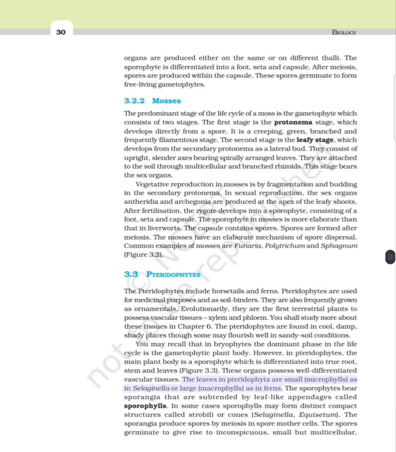The leaves in pteridophyta are small microphylls as in Selaginella or large macrophylls as in ferns. The sporophytes bear sporangia that are subtended by leaf-like appendages called sporophylls. In some cases sporophylls may form distinct compact structures called strobili or cones, as in Selaginella and Equisetum. The sporangia produce spores by meiosis in spore mother cells. The spores germinate to give rise to inconspicuous, small but multicellular,